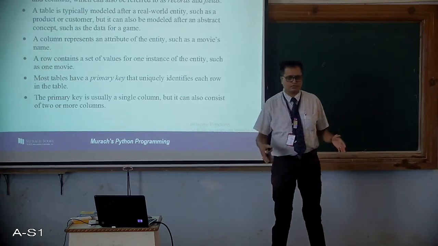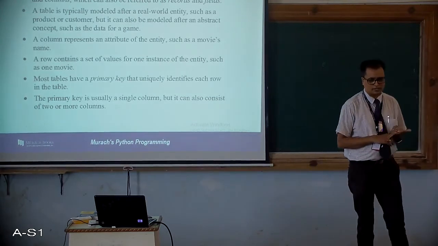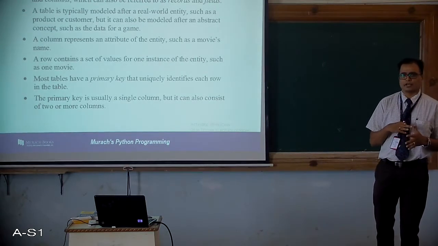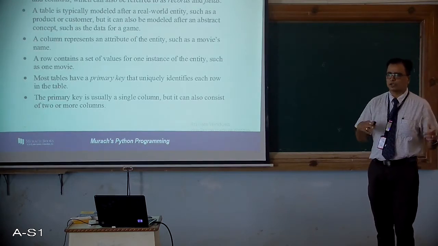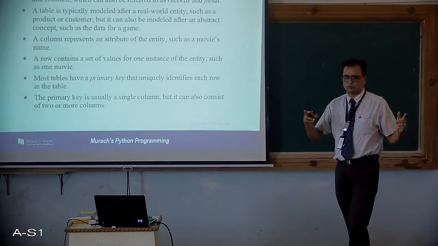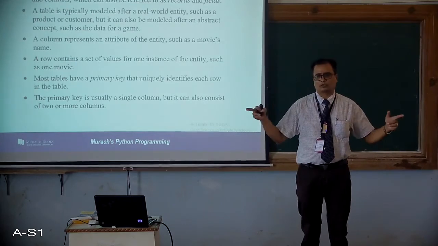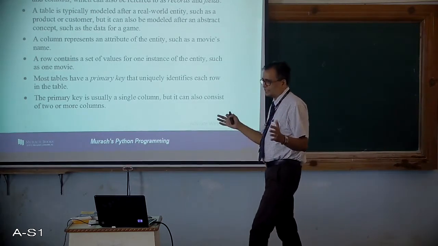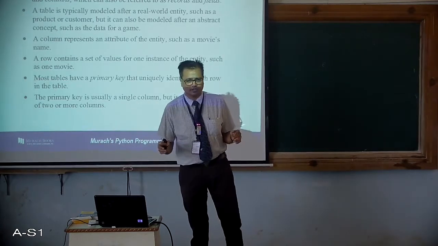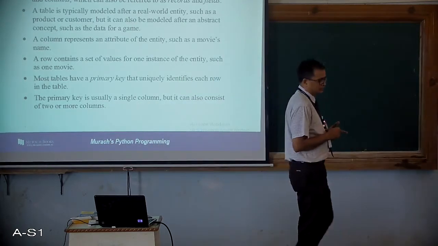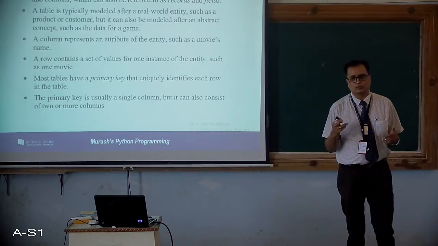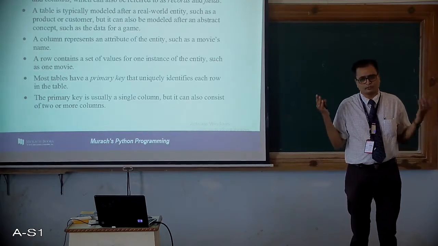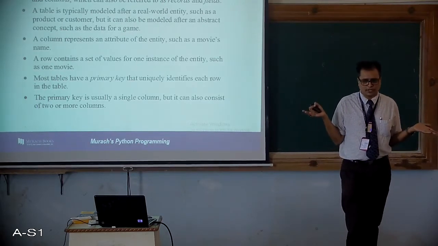But suppose the numbers are common in all the divisions, with a common nomenclature where students have roll numbers 1 to 60 in A division, 1 to 60 in B division, 1 to 60 in C division, and all three divisions are sitting together in a particular class. Then how do we identify those students? Then you cannot use roll number alone. If I call roll number 1, then three people will stand up. Am I right?